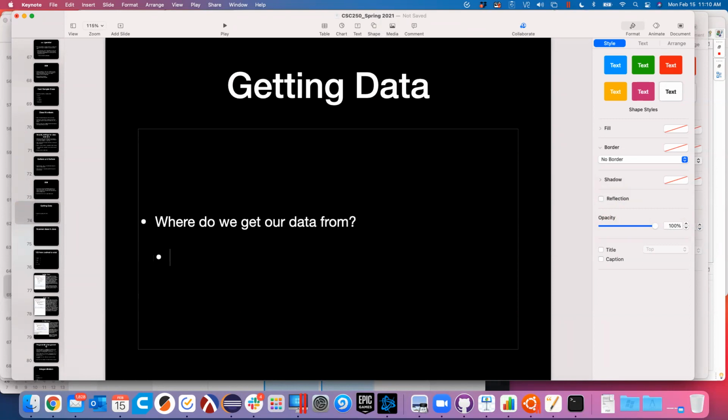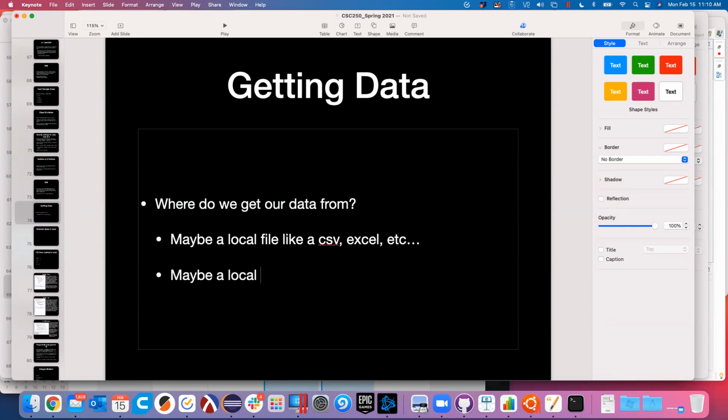Well, historically, maybe we would have had a file. So maybe you would have had an Excel document that had your data in it, or you would have just had a normal plain Jane local file. And we did some of that last semester where we just had a local file. So today when we think about this, we can say maybe a local file, like a comma separated value file, Excel, etc. Maybe a local database,